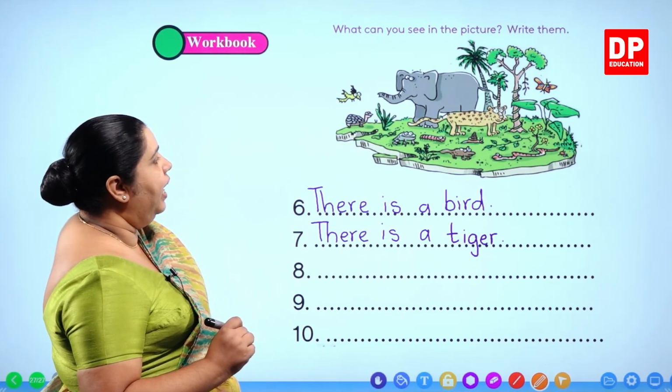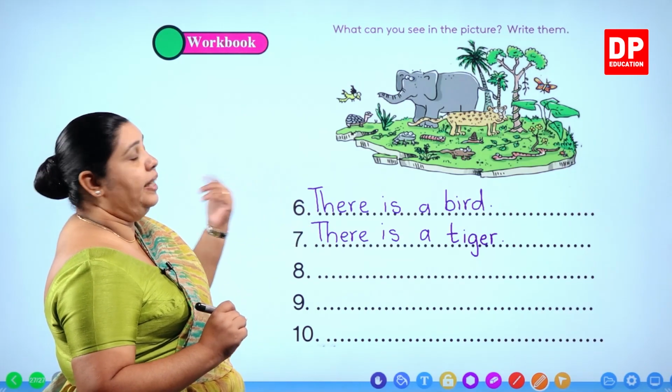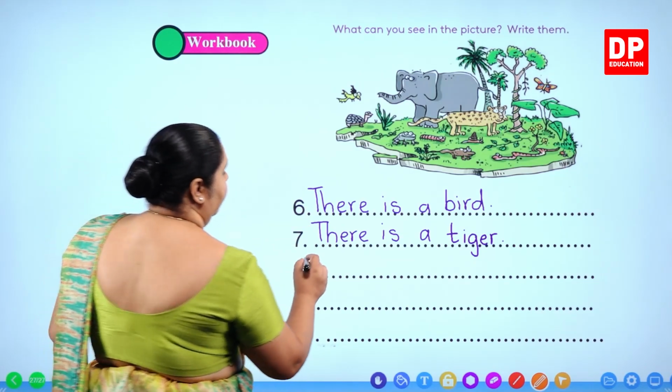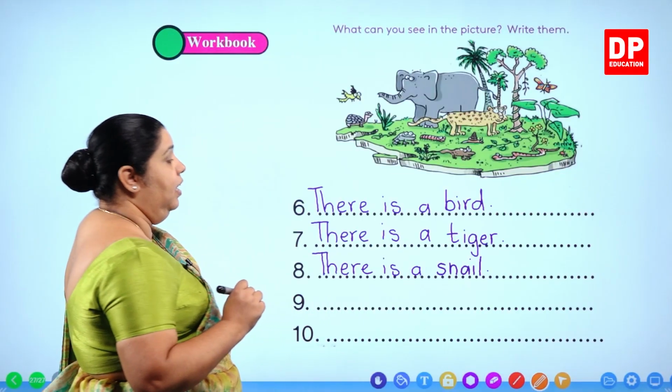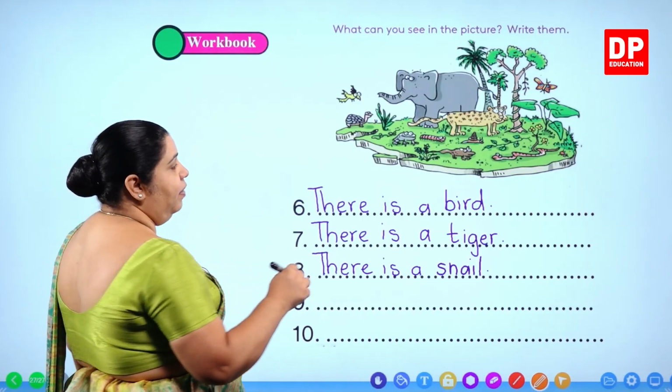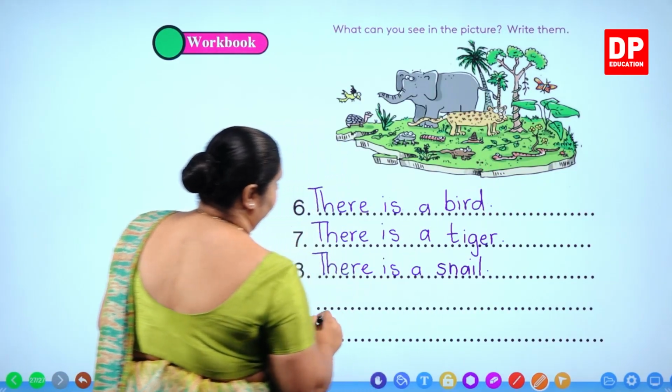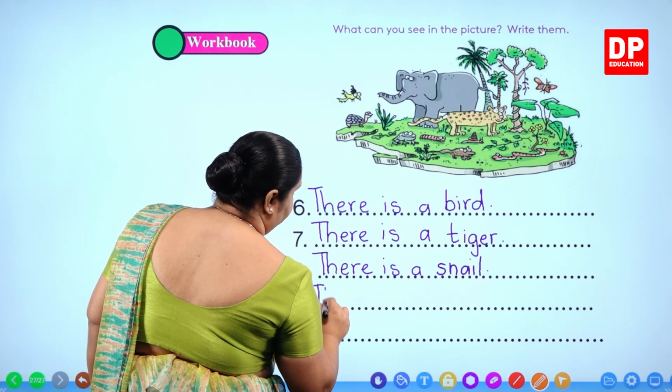Then there are snails and caterpillars. You can say there is a snail. There is a snail. We call a snail a snail. Snake, we forgot the snake, didn't we? Here is the snake. There is a